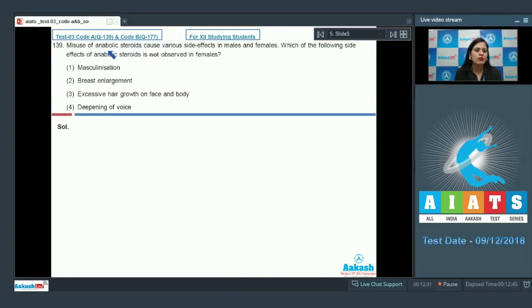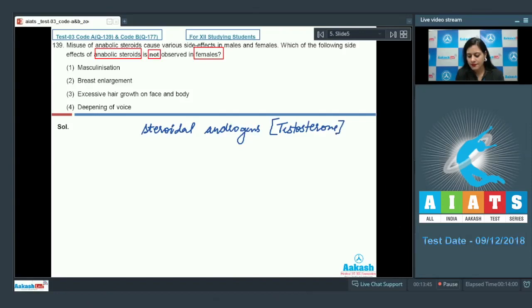Question number 139. Misuse of anabolic steroids cause various side effects in males and females. Which of the following side effects of anabolic steroids is not observed in females? So, effect of anabolic steroids not observed in females. These anabolic steroids or anabolic androgenic steroids, these are steroidal androgens such as testosterone. There are a number of negative consequences which may arise due to the consumption of these anabolic steroids, such as hair loss, acne, male pattern baldness,